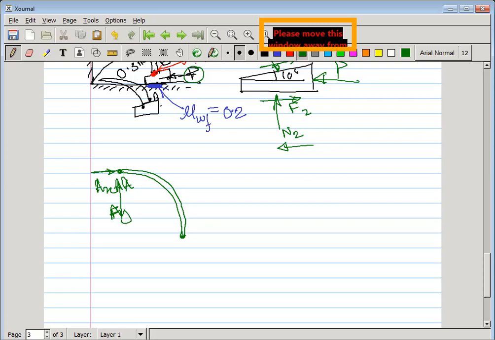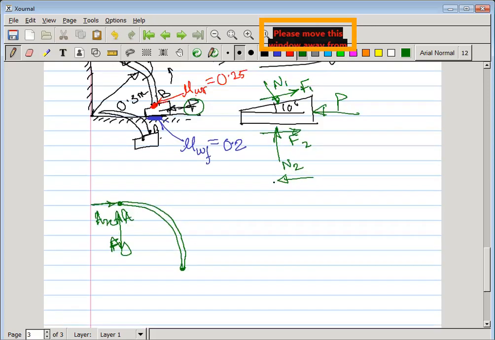At the contact surface between the rod and the wedge, what should be the friction force and the normal direction? That is opposite to this F1 and N1, because these indicate the same position. So we simply apply N1 and F1, and due to its own weight it will act in this direction. How much is it? M into G.